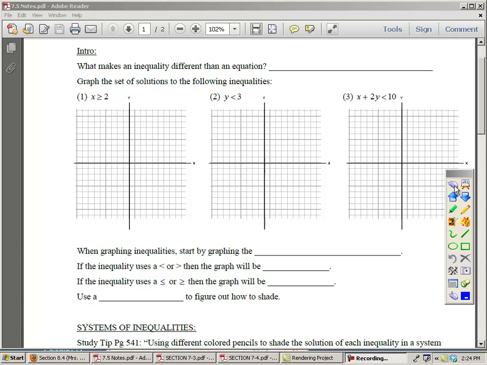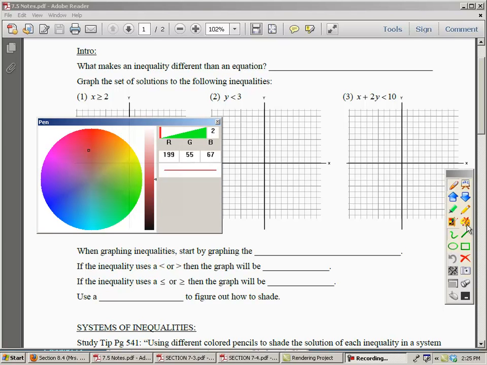Welcome to section 7.5. We're going to be dealing with systems of inequalities, and we're looking at graphing these inequalities on a coordinate grid. So if you have multiple colors, please pause this and grab your multiple colors because we're going to be doing 3, 4, sometimes 5 inequalities at once on a graph. Okay. I'm going to start out pretty light,